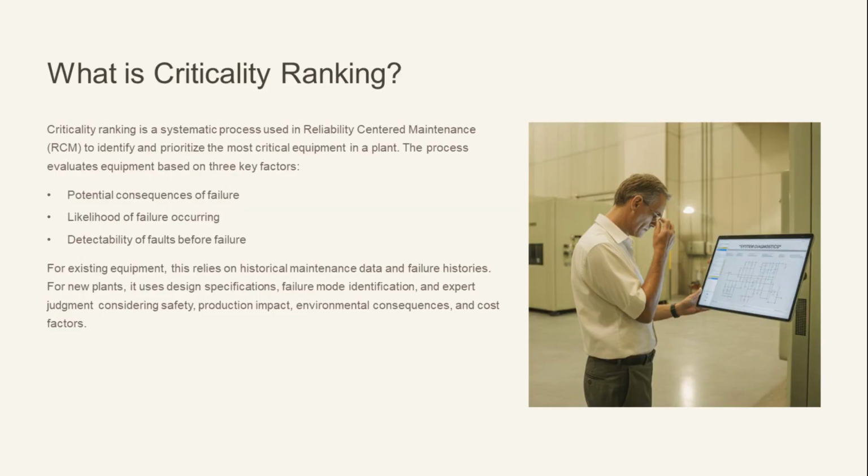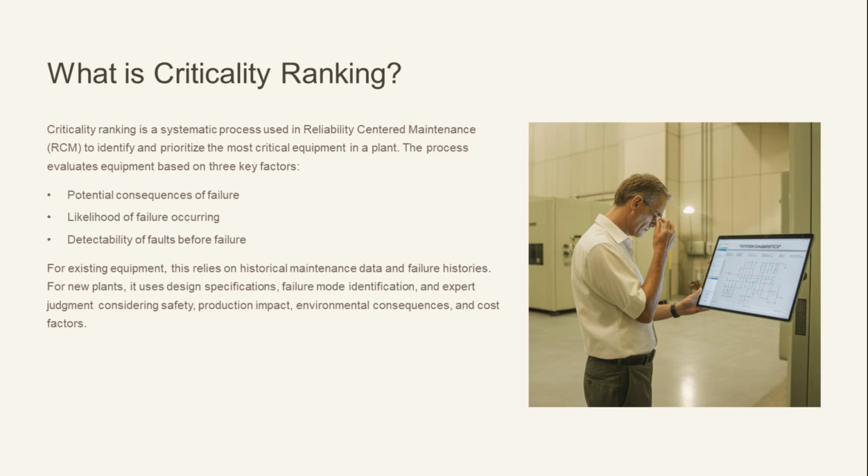Criticality ranking is a key process in RCM, focusing on identifying and prioritizing critical equipment in a plant. It evaluates equipment based on potential consequences of failure, likelihood of failure, and detectability of faults before failure. For existing equipment, historical maintenance data and failure histories are used, while new plants rely on design specifications and expert